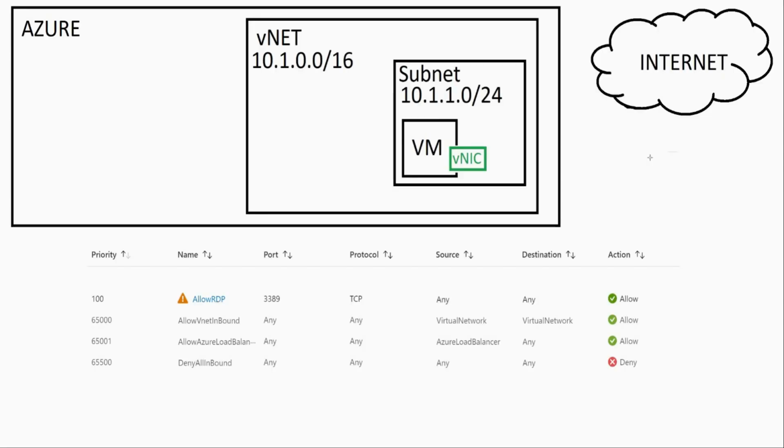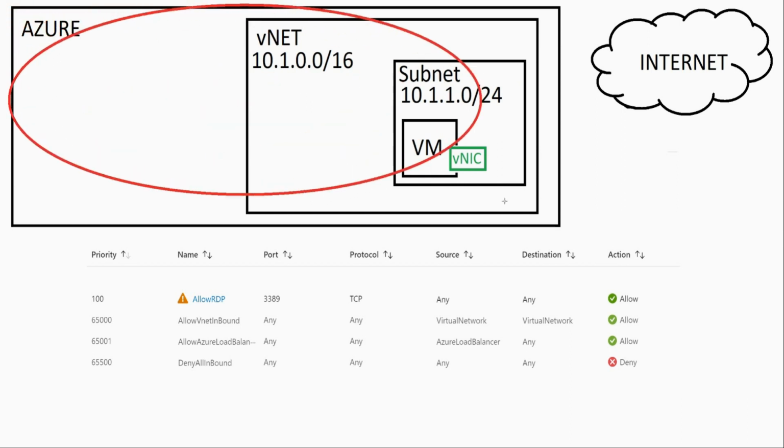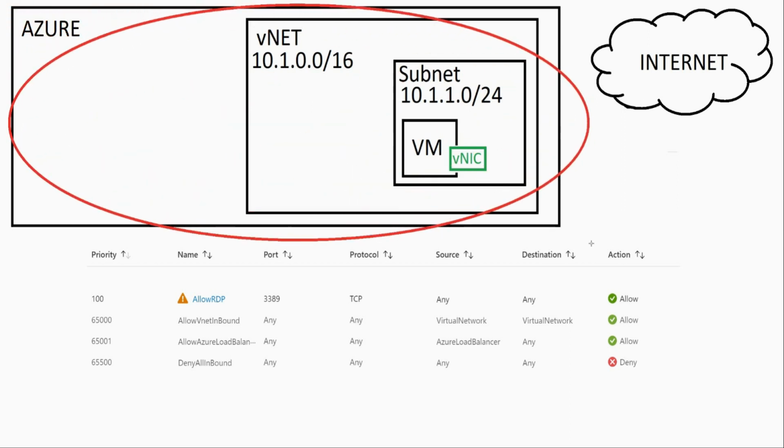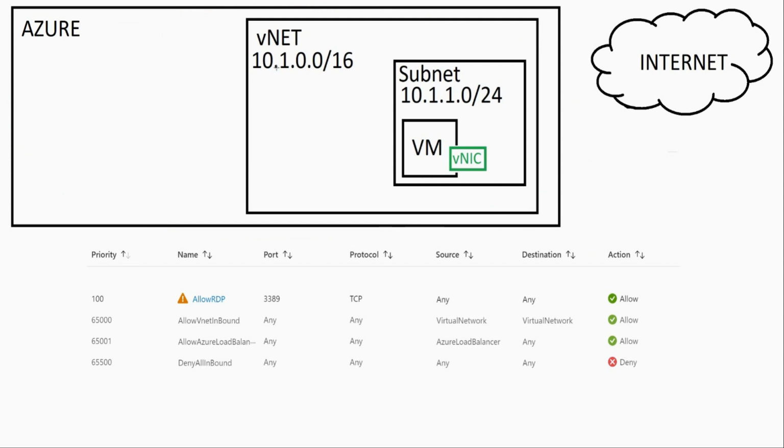I want to spend some time now making sure that we understand how effective rules work when it comes to IP filtering in regards to using NSGs or ASGs, network security groups or application security groups. Now, as you can see in the drawing here, this as a whole is kind of representing the Azure environment. And in our Azure environment, we're going to say that we've got this VNet here, which is the